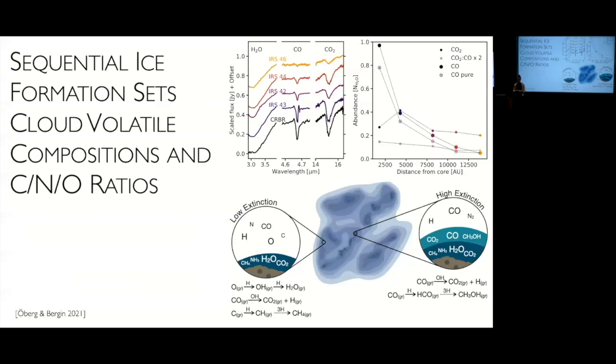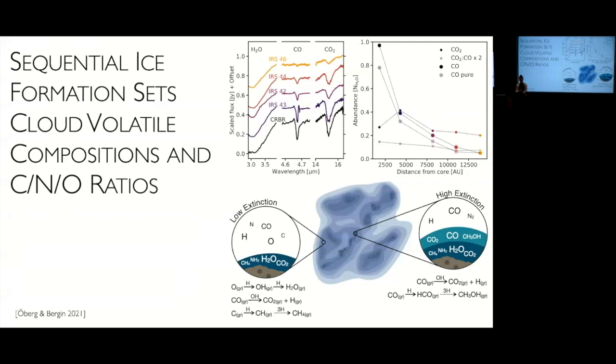As we move deeper and deeper into the cloud, and if you look in the top figures here, that means going down, you see new spectroscopic features appearing that are from new ices. And also in the right-hand panel, as you go towards the center, towards 2500 AU from the center, you see the increase of these new icy components. And it's the formation of these ices and how that depends on the density and the temperature of the cloud that sets what kind of carbon, oxygen and nitrogen containing species you have at this first stage,